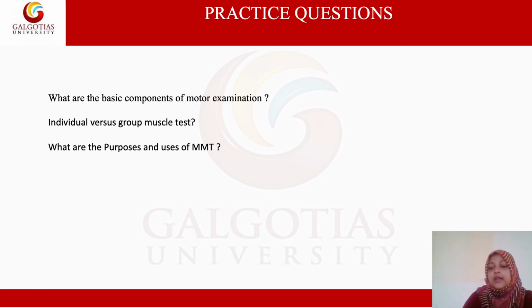Then we have also learned why it is performed. The question is, why will manual muscle testing be performed? The answer is it is performed to see the actual status of the muscle, to see whether the muscle is weak or strong, to what extent it is weaker or stronger, and whether it is weaker or stronger on both sides, on the same side, or on one side. So we have to see all the aspects of the strength or the tone of the muscles. That is why we do the MMT.